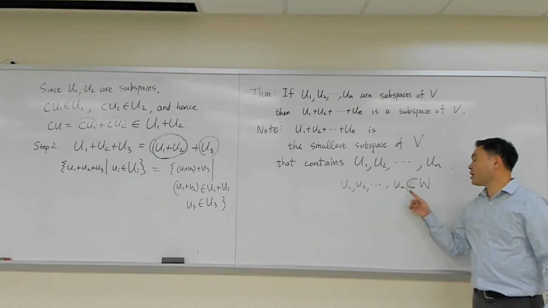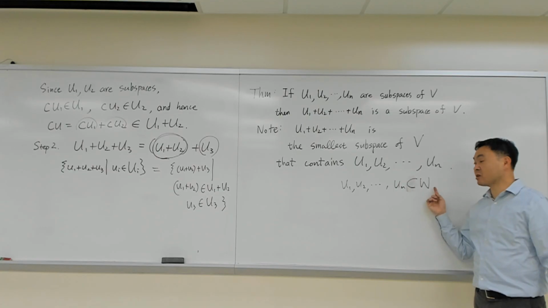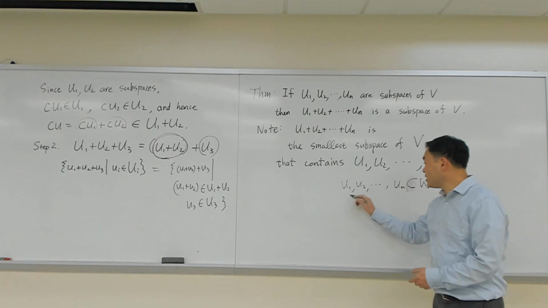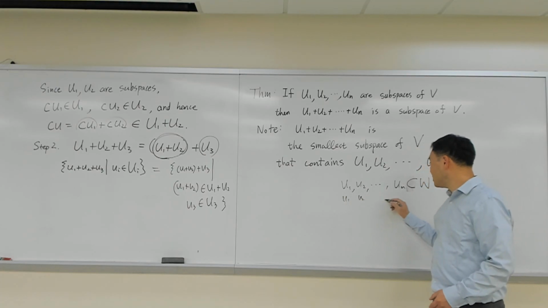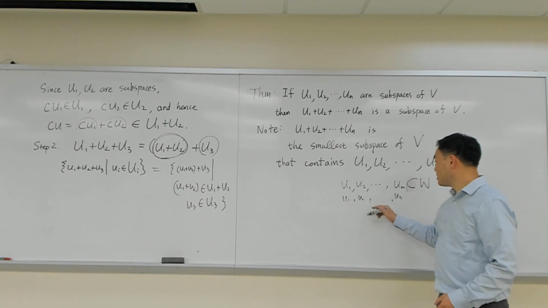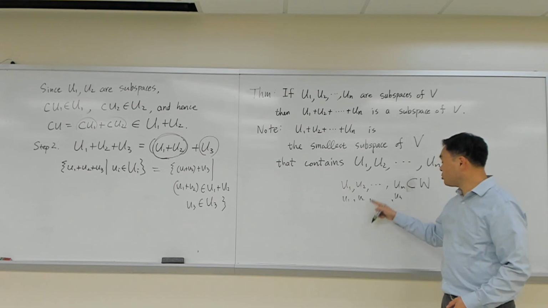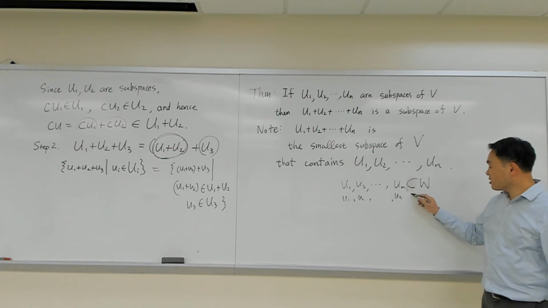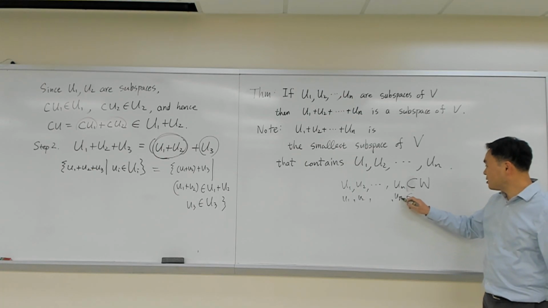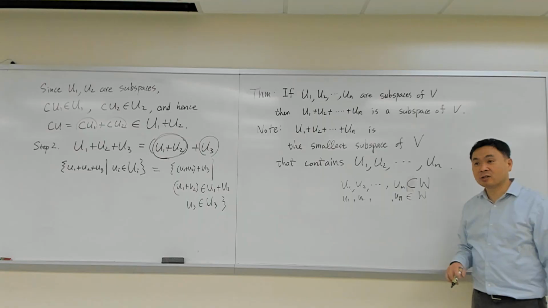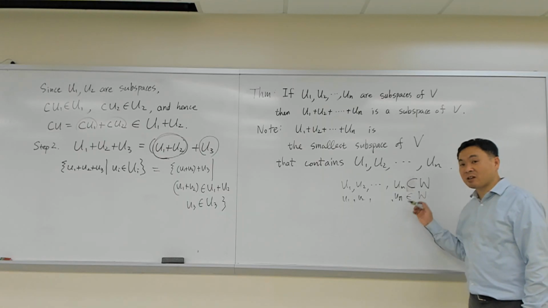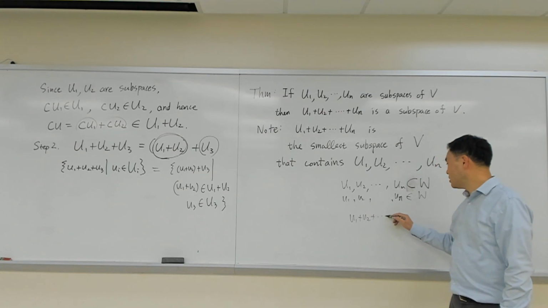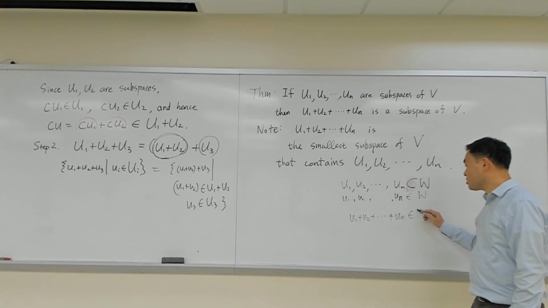So if you have all of these as subsets in W, then because this is a subspace, you can take anything in here. That means all of these vectors that you choose from each of these subspaces are also elements of W, right? But then what does that mean? That means this has to be in W as well,